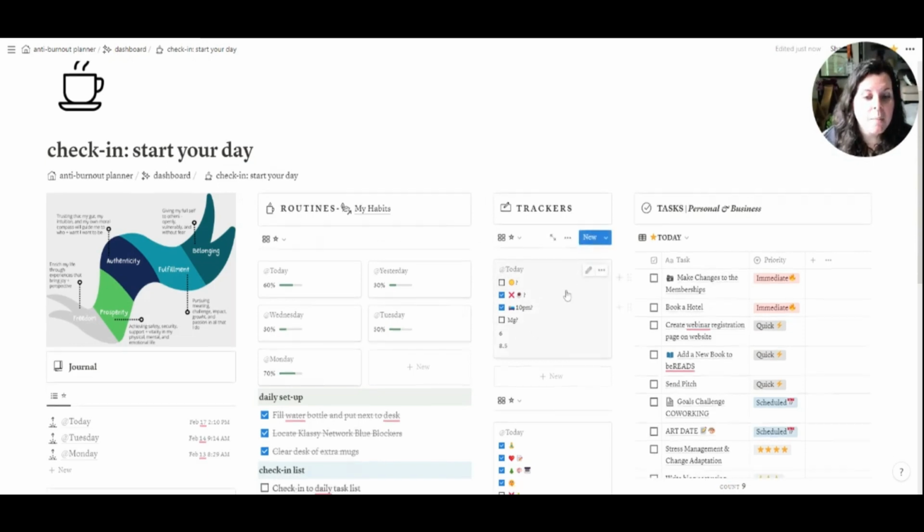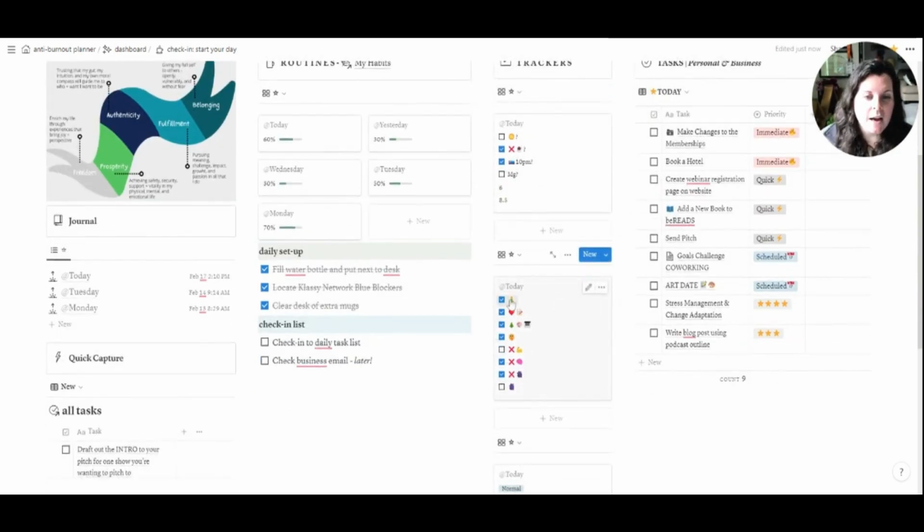So I check in on my sleep. I also check in on, this is something I check into throughout the day, the intentions for the day, the intended forms of rest that I should be getting. Usually by this time in the morning, I've already done the first two. This is spiritual rest, and I usually get that in by meditating, so I check that. This is emotional rest, which I usually get in by journaling, so I check that.